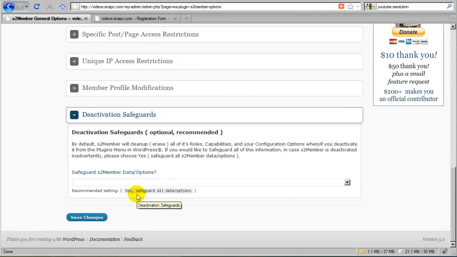By default, s2Member assumes that you're not going to keep this plugin installed. Why does it assume that? Well, because it's a good standard to follow. For example, if you were to install a Windows program and then you were to uninstall it, well, you wouldn't want a trace of that program left behind after you uninstall it. Well, s2Member assumes that you're not going to keep it installed, so that if you were to deactivate it from the plugins menu in WordPress, it would erase all of its roles, capabilities, your options, and all the data associated directly with s2Member. I highly recommend that you don't leave it that way, though, especially if you're going to plan